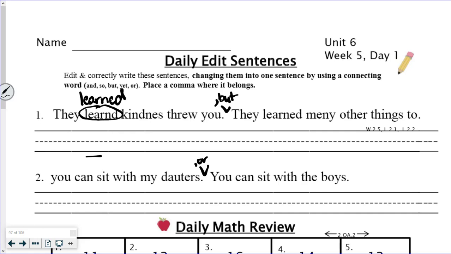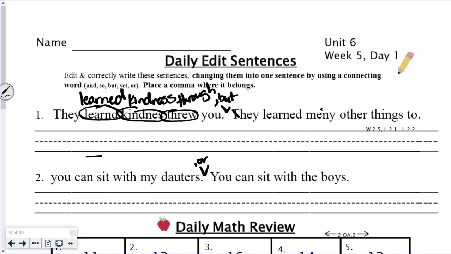They learned. Kindness. Ness is N-E-S-S, so we need to fix this one up. So we're going to start with the base word kind, and then ness. They learned kindness through, this is the wrong through, this is through, like I threw a ball. We went through. Through you, but, comma, but, they learned, this is going to be a lowercase t now, they